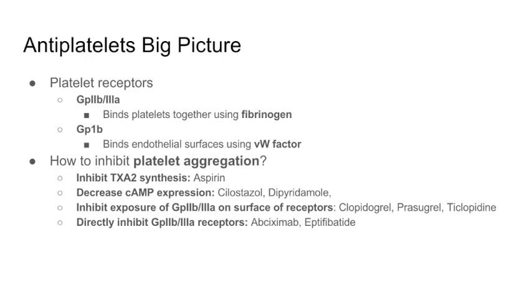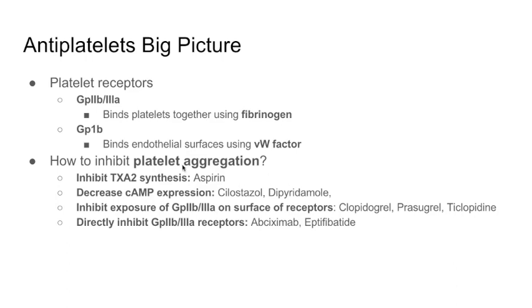So again, the antiplatelets are used in high pressure circuits, so like early myocardial infarction or ischemic stroke, that you have platelets as the main player. And to understand antiplatelets, we have to understand how platelets work. And to understand that, we have to understand also the receptors on platelets. So there's two big receptors on the platelets, mainly